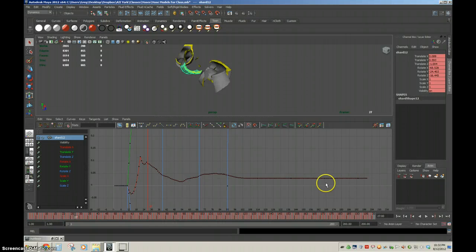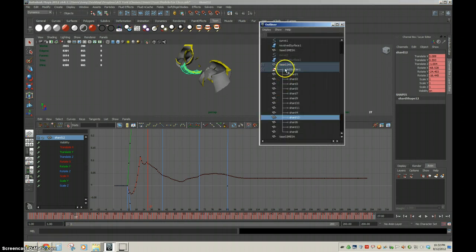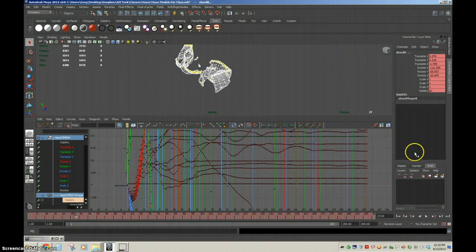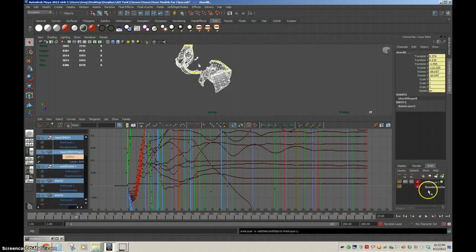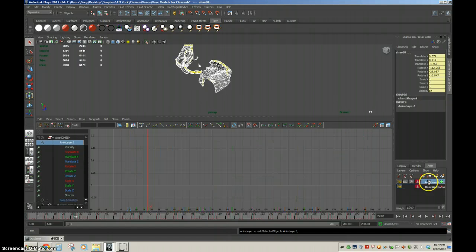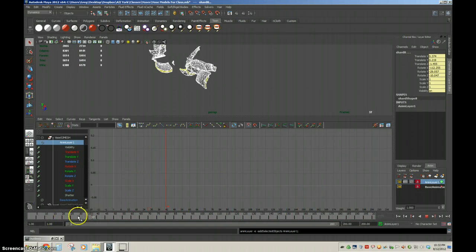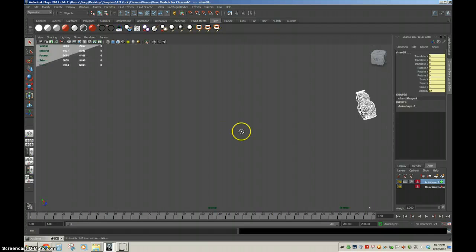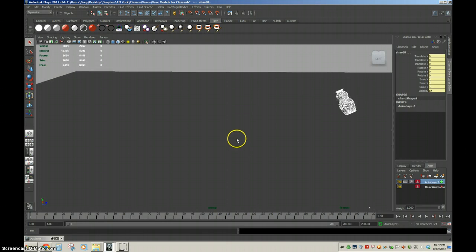are additive. So I'm going to select all of this that we've just done here, and I'm going to, let's see, create layer from selected. Okay, now what this will do is this will actually create 2 layers. It will create the base layer, which is all that animation we just did, and then animation layer 1, which as you see has no keyframes on it anymore. I know you haven't done a lot of animation in Maya, but this will allow us to create keyframes on top of that without having to edit every